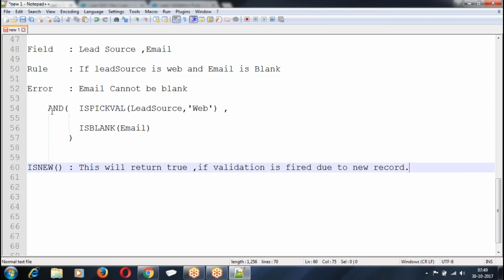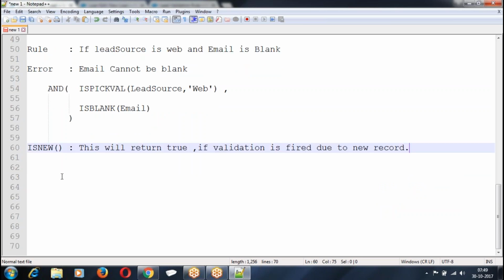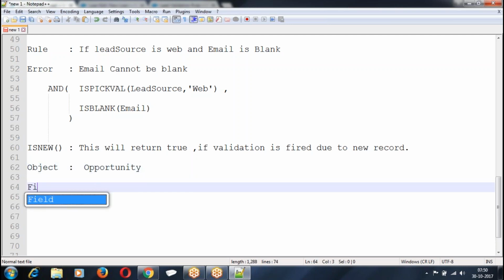If a validation rule is fired due to a new record, it is going to return true. So I have object, operator.